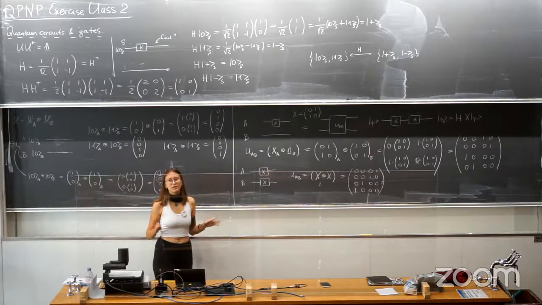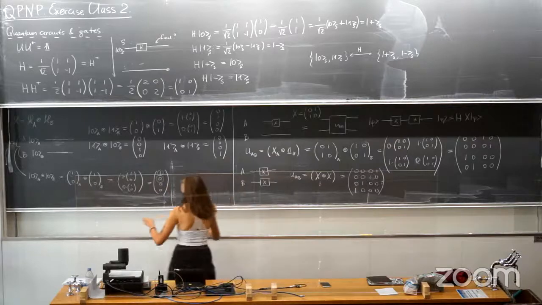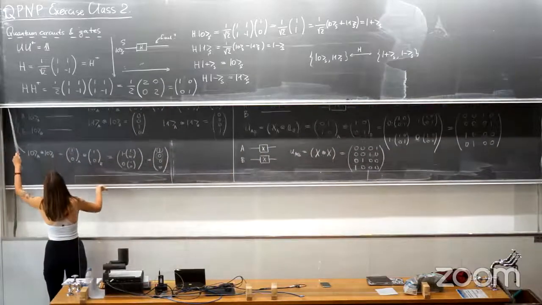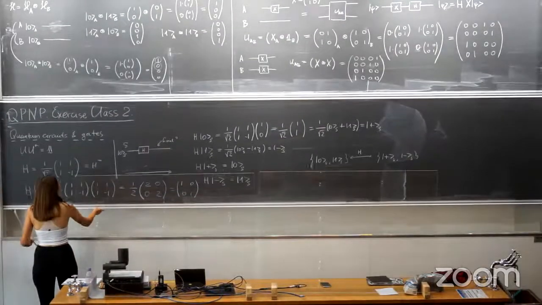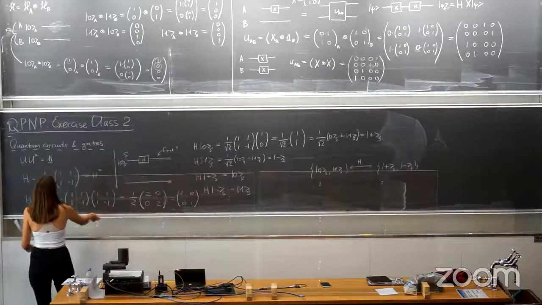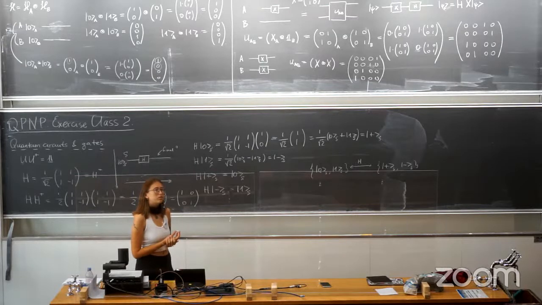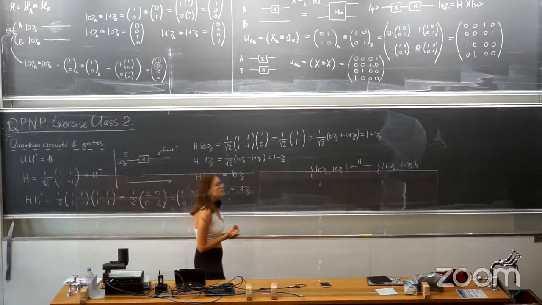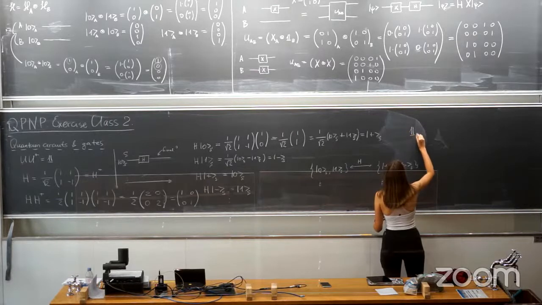Is it clear for everyone how we perform this operation? Okay, very good. These were operations on individual qubits. Is the tensor product of unitary matrices always unitary? Yes, it is always a unitary. This is very easy to check, because if we have a unitary in system A, tensor product with a unitary in system B,